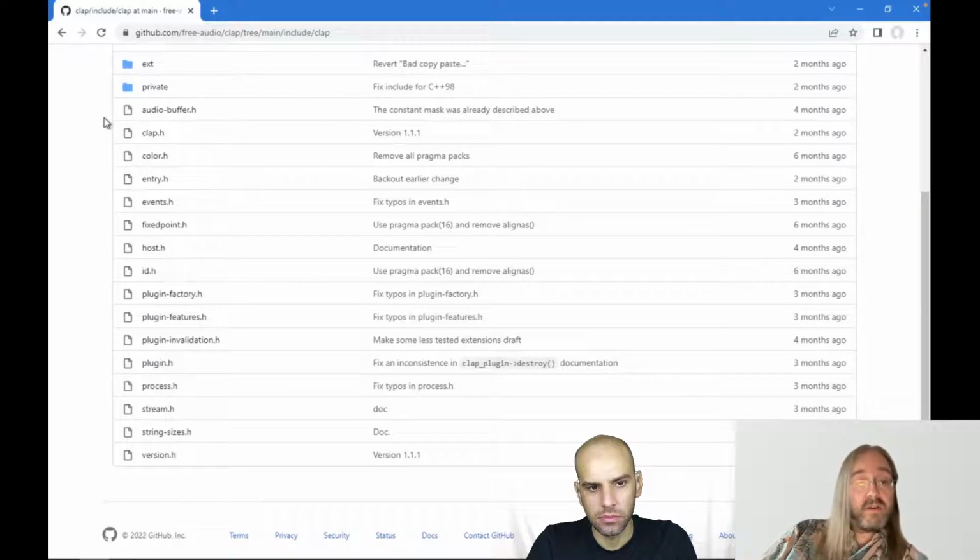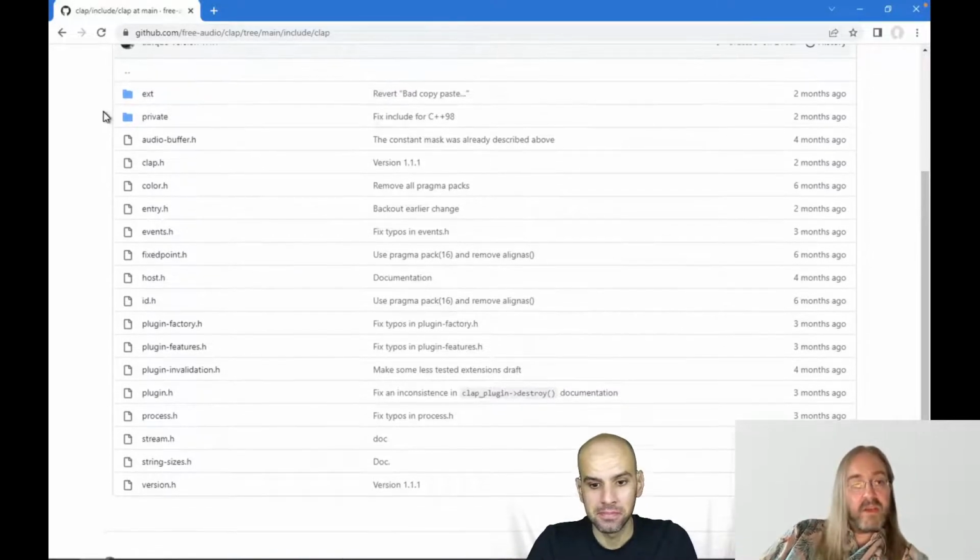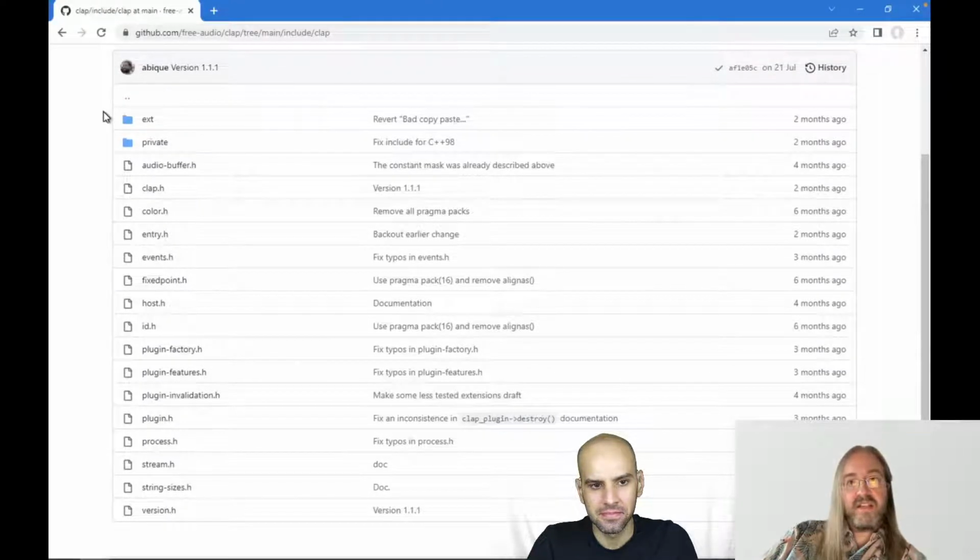However, that's not all, because if you would only use these headers, then your plugin would have no parameters, for example, because most things in clap are extensions, meaning they're optional. So you can make a plugin without parameters in clap. That's a valid thing. Okay, I guess the bare minimum would be just the communication of audio streams between host and plugin.